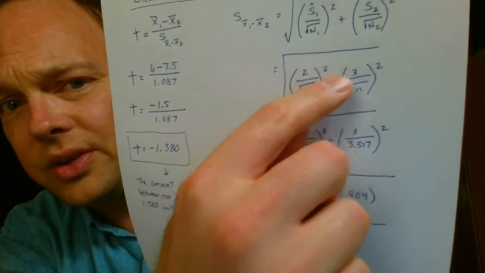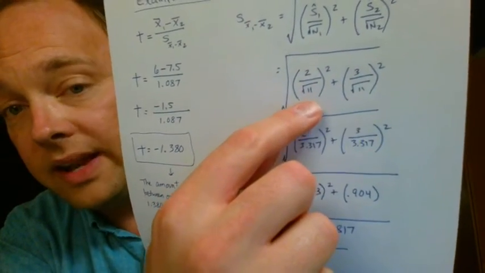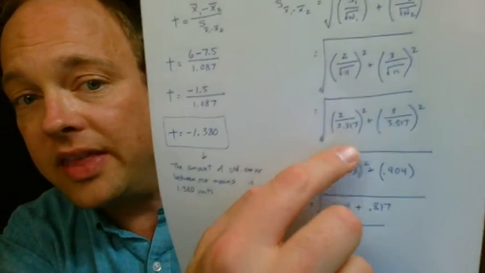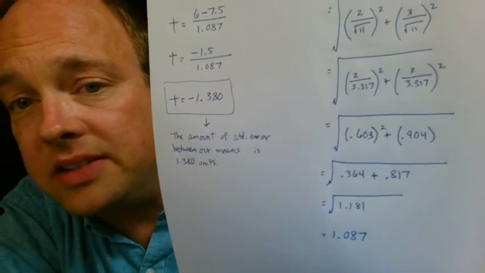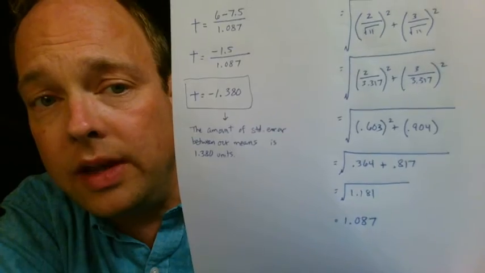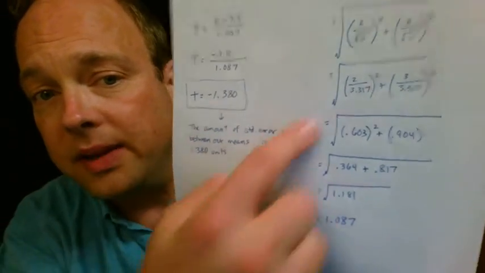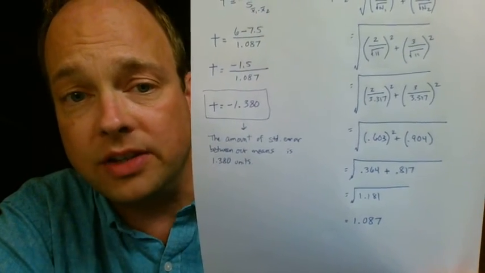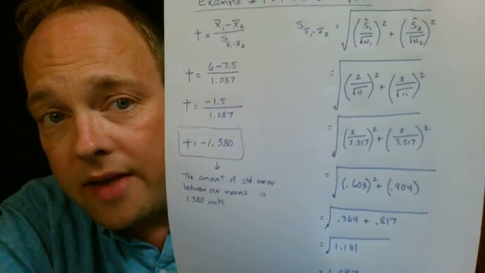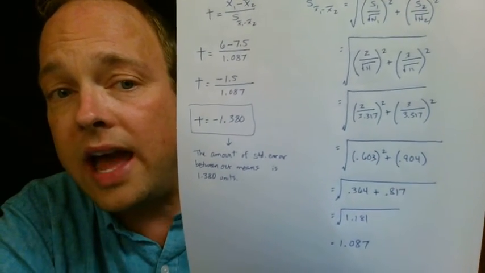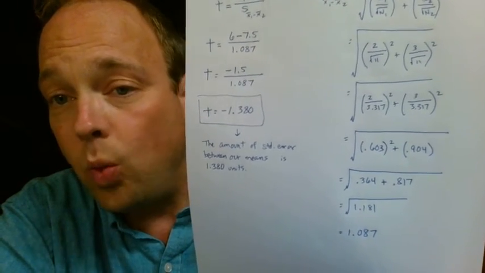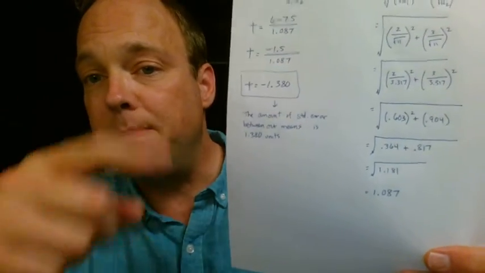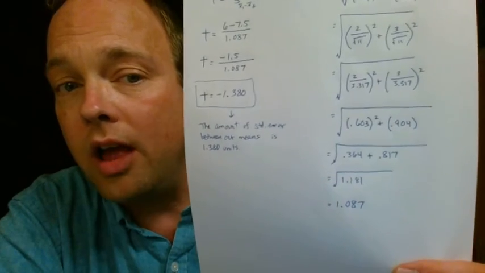Standard deviation for dogs, 2. Standard deviation for cats, 3 minutes. Square root of 11, that's n1. Square root of 11, that's n2. And then I just simply solved one step at a time. I am not going to go through each step and explain each step because I'm assuming that this math is something that you're able to do correctly following the order of operations. However, here, as you can see, you have an example from beginning to end that you can look at. And as I mentioned a little bit ago, I did one step at a time in order to show you. So you should be able to retrace my steps backwards if you have any questions at all about where each